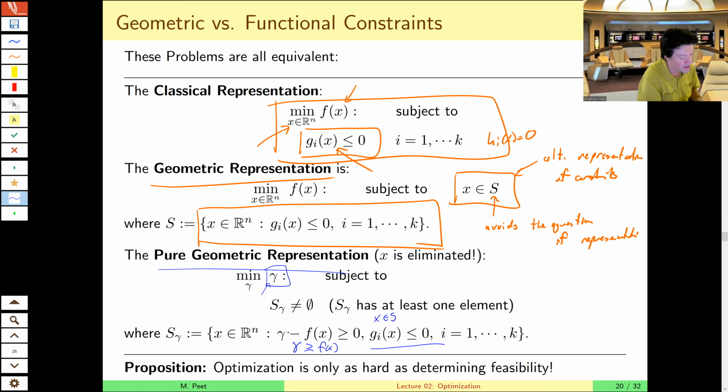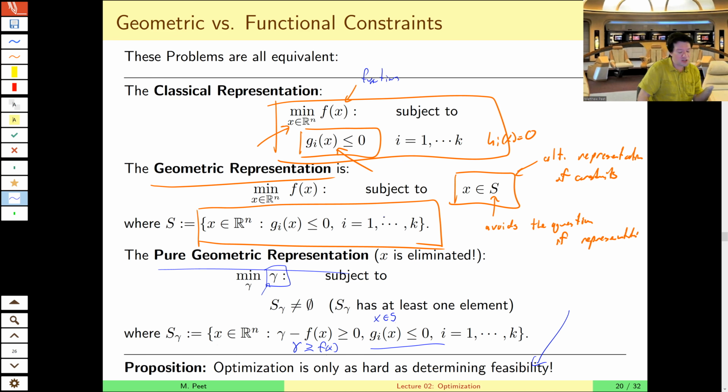And then the set, of course, becomes very complicated, but again, it's a pure set representation. So as we move through these equivalences, from a pure functional representation to a geometric representation of the set, to an entirely geometric representation of the problem,